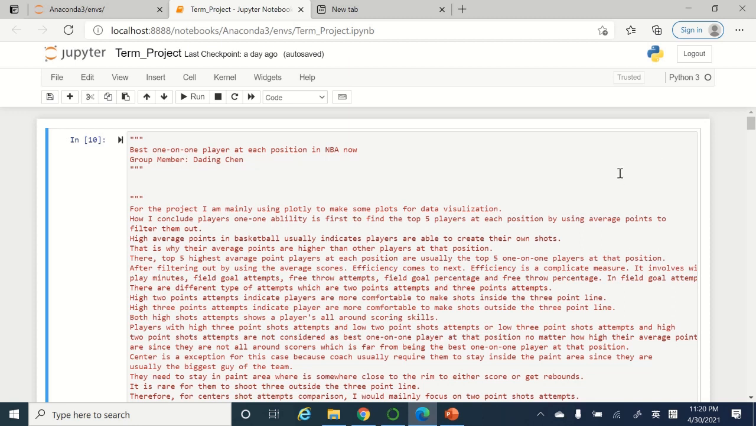You might think free throws are kind of irrelevant to a player's one-on-one ability. It is actually an essential part of it. High free throw attempts usually indicate a player's strong ability to draw defense or attack the rim to do either a layup or a dunk. And a high free throw percentage indicates a player's